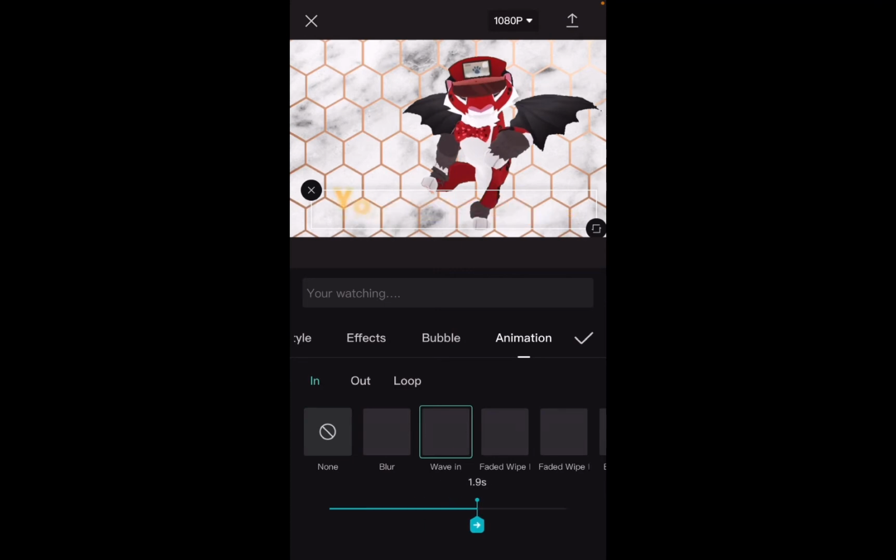So you can add different ways for your word to come in. You could then adjust it so you can have it really fast or really slow. If you're having this one, the wave-in, I suggest at least having it for 1 second, but